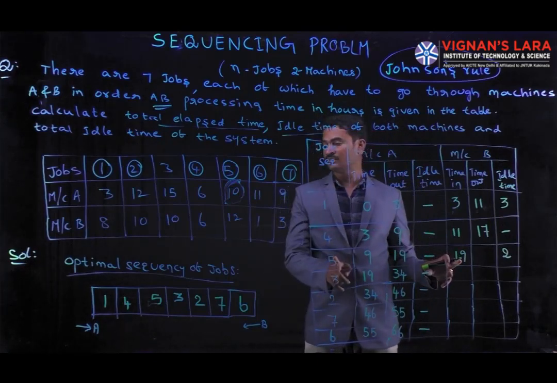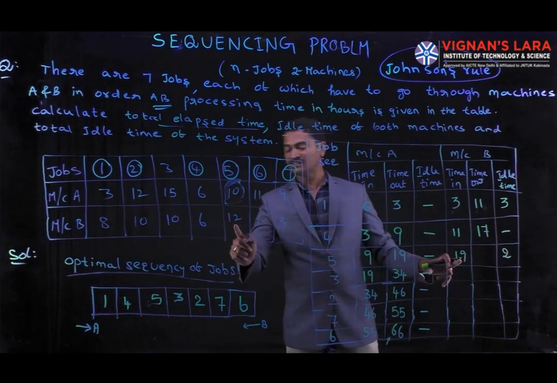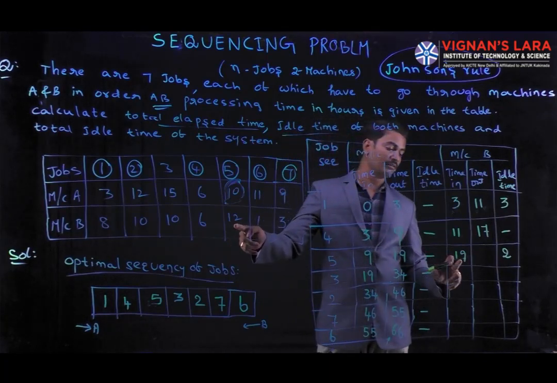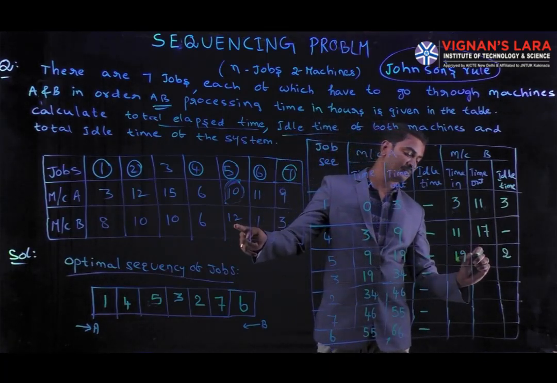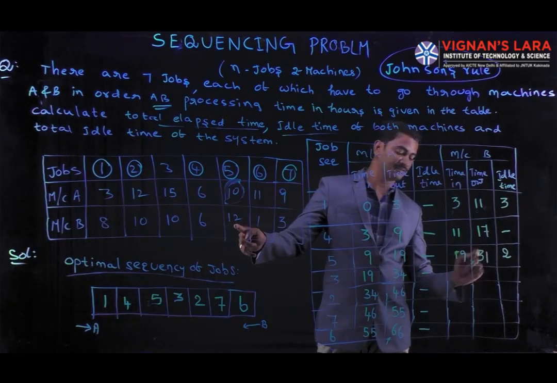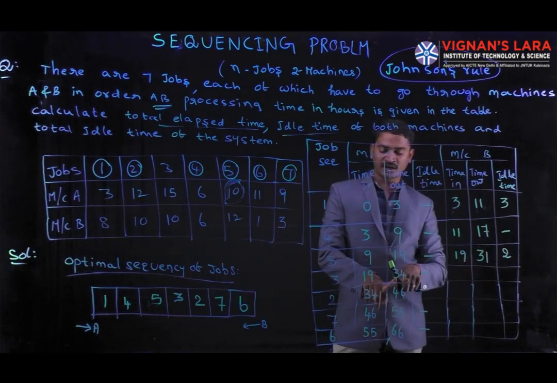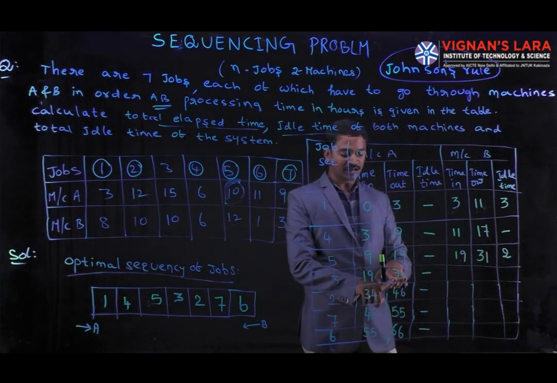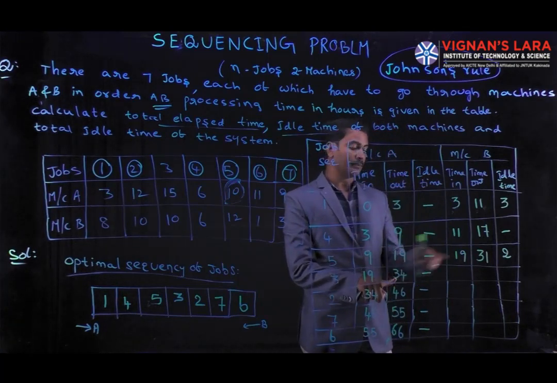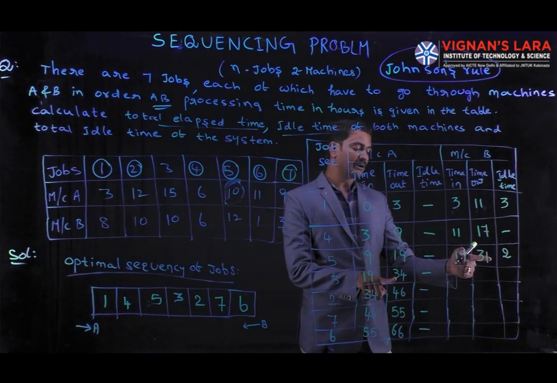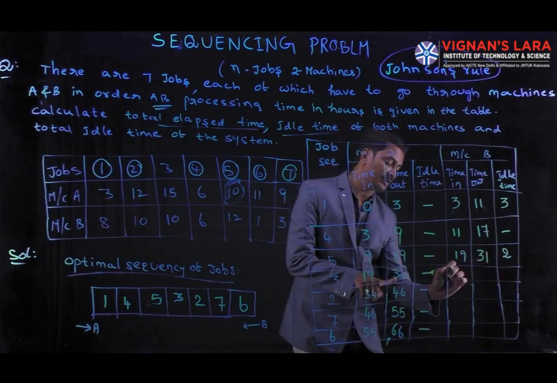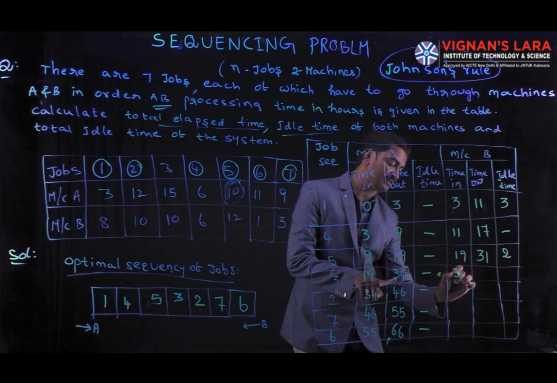And what is the process time? Here the processing time is 12 hours. 12 hours means in total we have taken 31 hours. Okay. Next, coming to the third job. The third job was completed at the 34th hour in machine A. But machine B completed its job at the 31st hour. It has to wait up to the 34th hour. So we are going to start the next one at 34th.